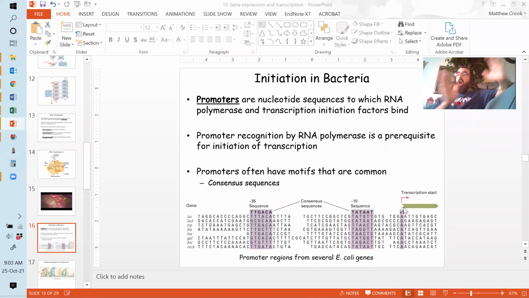And we also have upstream of that, so before, that's what we mean by upstream. So before the start of transcription or the transcription start site, we have what's called a promoter. It's a little bit different in bacteria because they have operators as well, which is part of the promoter. But essentially they're the region of DNA that